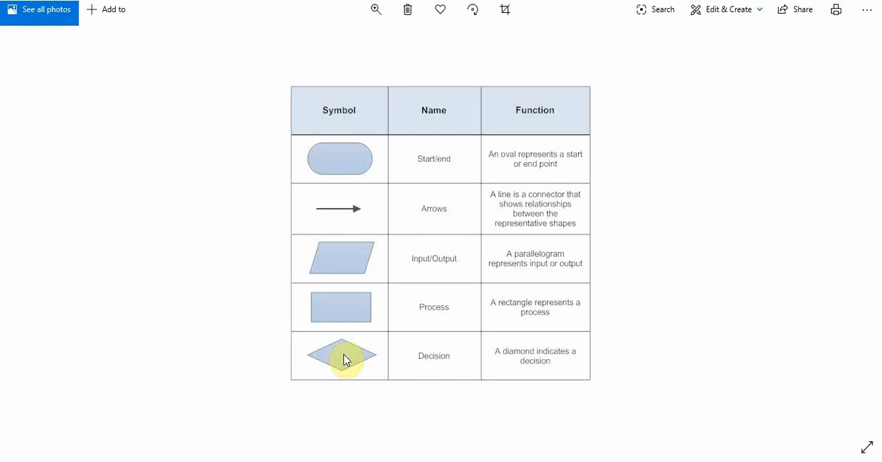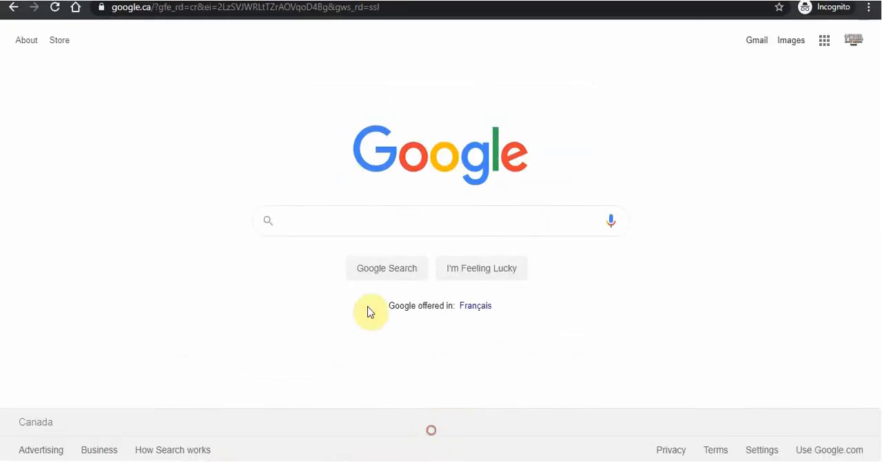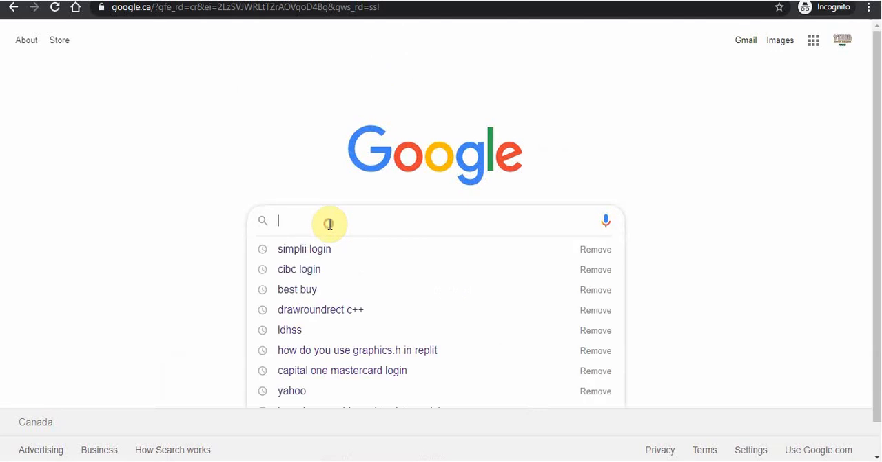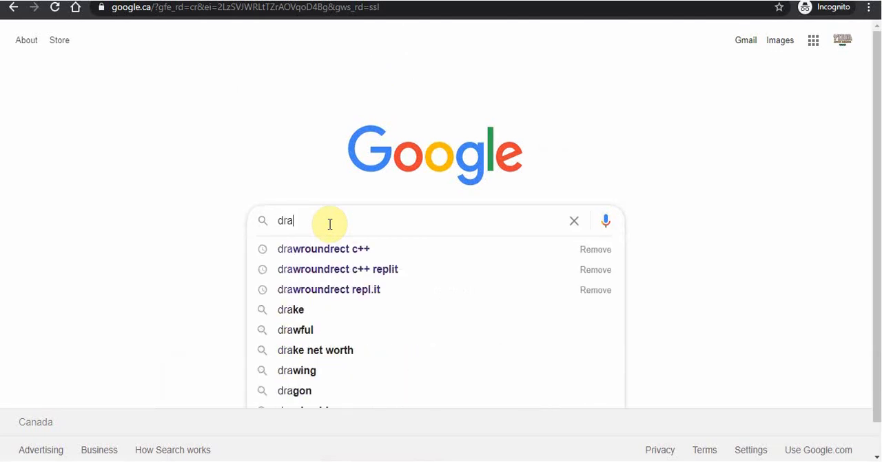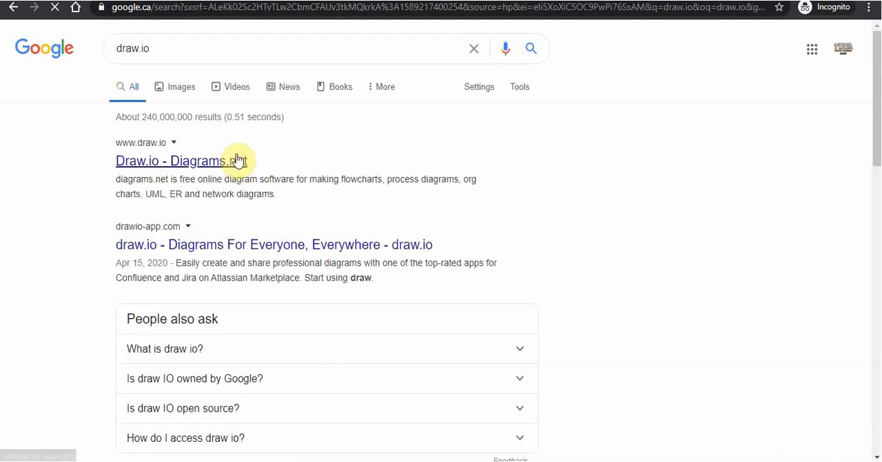Let's take a look at a program you can use for free to create a flowchart. So we're going to go into Google, and if you go search for draw.io, it's going to take you to this here. We're going to click on this,